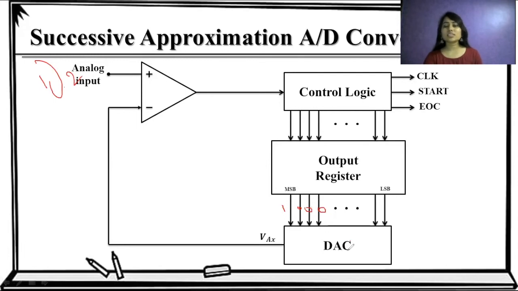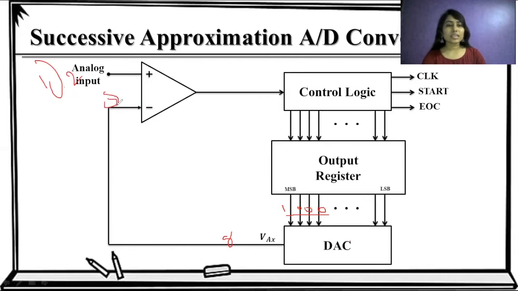Now let's take an example where our resolution is 1 volt, or say step size is 1 volt. Using this assumption, we can convert this digital information into analog information. This is basically a binary representation of decimal 8. So here we have an analog voltage of 8. The digital to analog converter outputs 8 for this 1000.